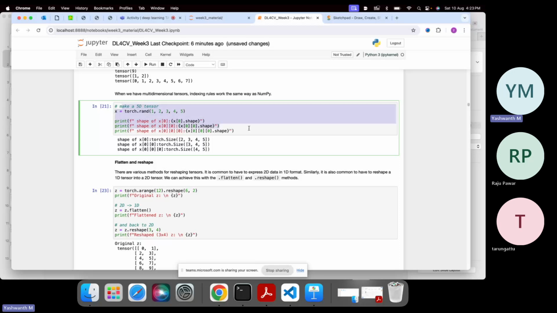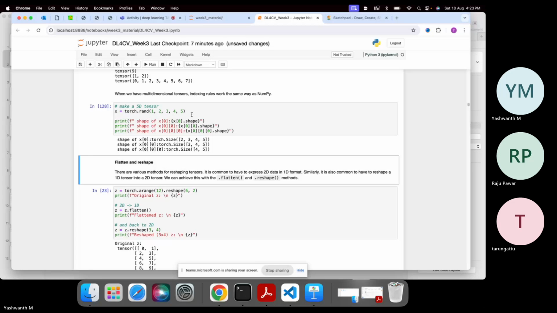So this is a 5D tensor that is being created from a uniform random distribution, and we'll see how the shapes work. So this is a 5D tensor, and if someone asks what is the first entry of this tensor, if you do x of 0, right, you get a tensor of 2, 3, 4, 5, right? This is the size. If someone asks the shape of x of 0, comma 0,